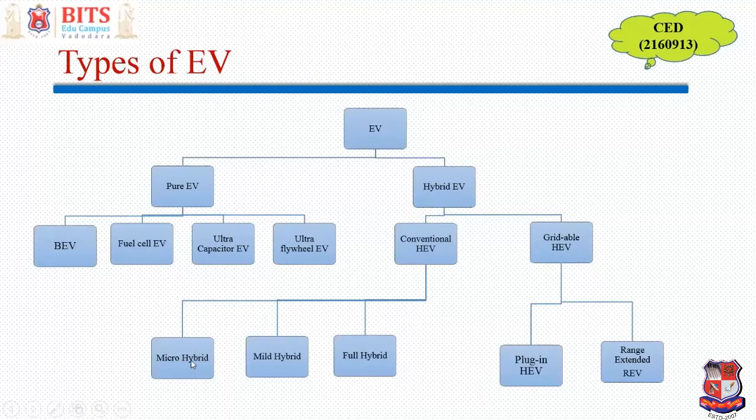batteries, that is, the car is on batteries and electric motors. The moment you press the accelerator pedal, the engine starts again, and the motor is now basically used to charge the batteries. Mild hybrid has slightly better features, and here the batteries and motor are of slightly higher capacity. Full hybrid has further capacity. Here the engines are of lesser capacity, and the batteries and motor are of further more capacity.